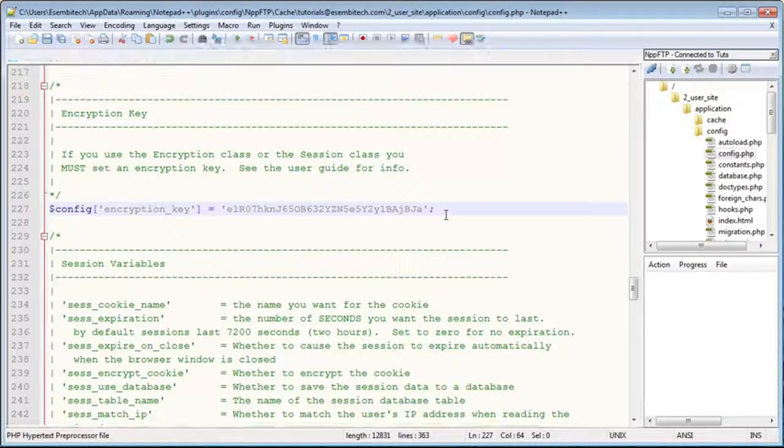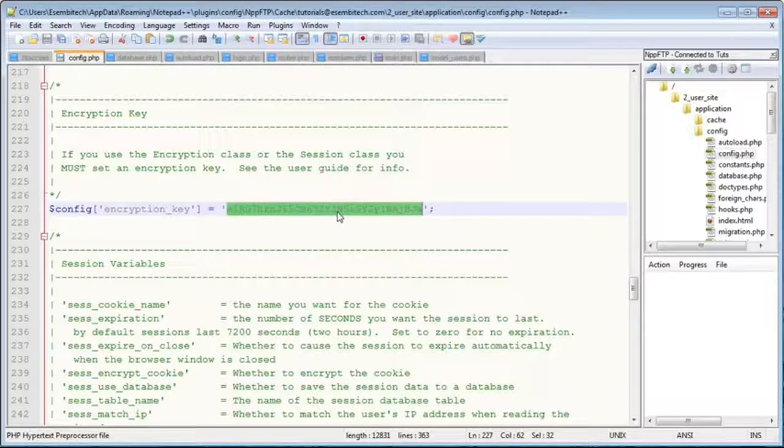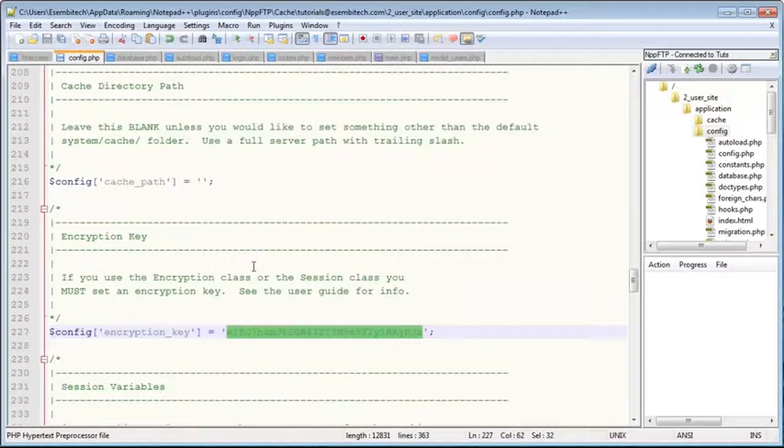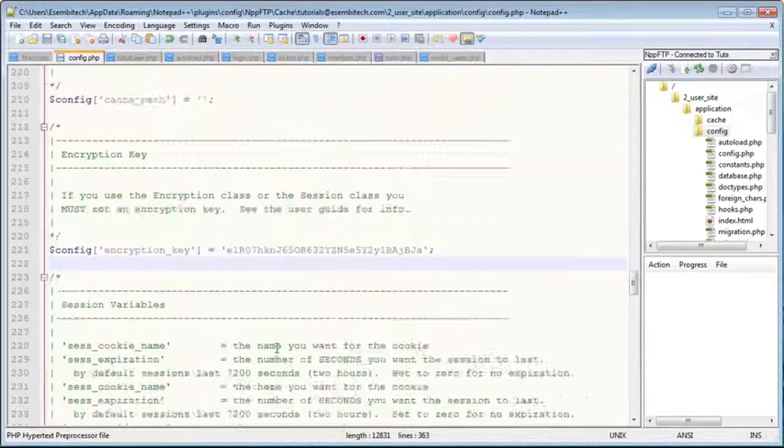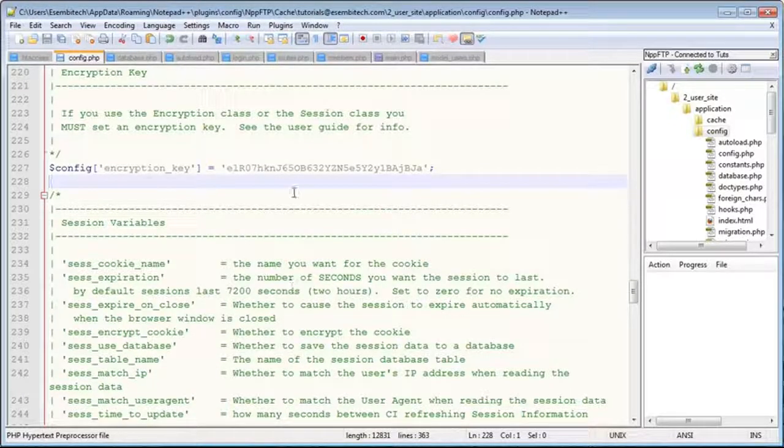Okay, cool. And then just paste it in the encryption key right here, and that will get rid of that error for us. Now, obviously, you know what mine is, and I won't know what yours is. And in fact, nobody will know what yours is. The thing is, if you're planning on going professional with this encryption key, you should keep that extremely private and not let anyone else see it, because that way, if they had the encryption key, then they could crack all the session data on your website, which is a huge security risk. So keep this safe,